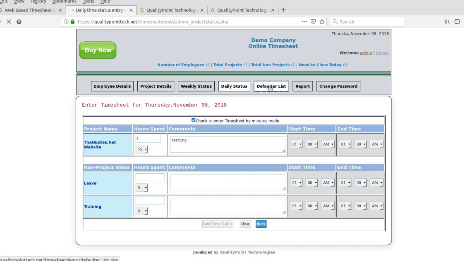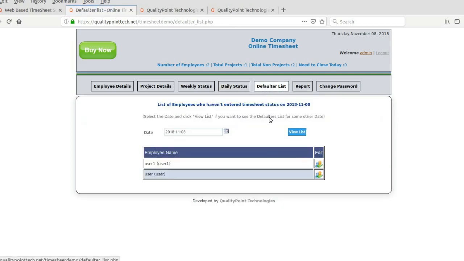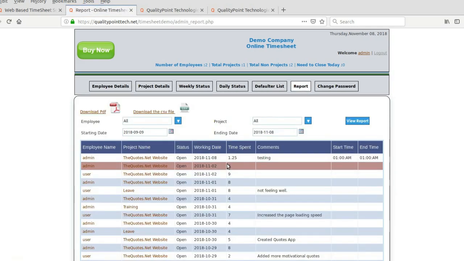The defaulted list is nothing but the list of employees who haven't entered the timesheet for the selected date. The admin can see this, because a timesheet will be useful only if all the people are entering the time properly. Okay. Report, it's a simple report but very